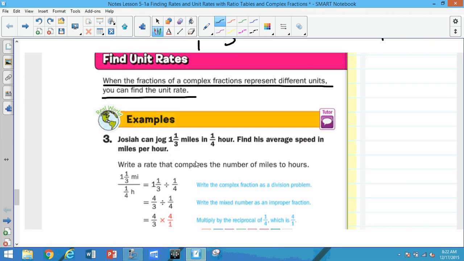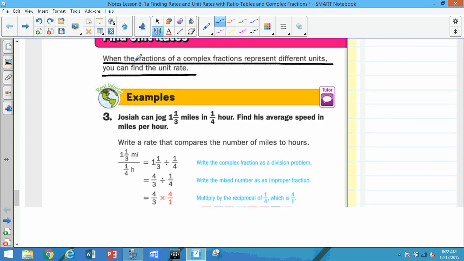You need to make sure that you understand that. So when the fractions of complex fractions represent different units, because we talked about that, the difference between a ratio and a rate is the difference in units. So when it's different units, you then can find the unit rate. And you're going to do that by dividing. So this first problem